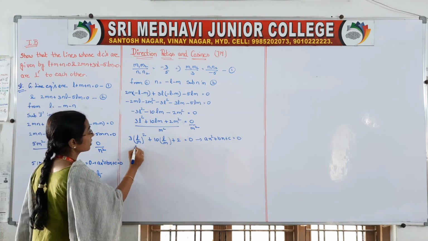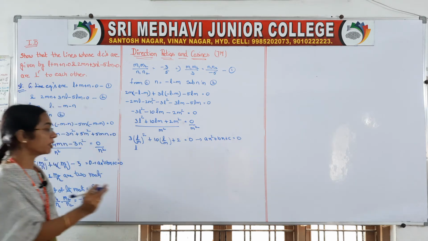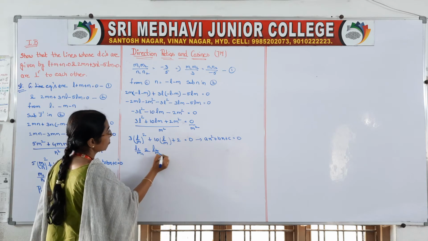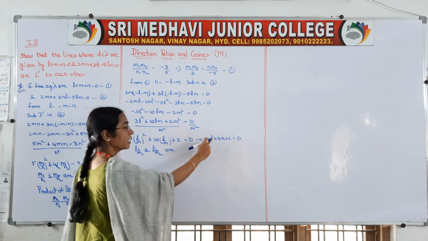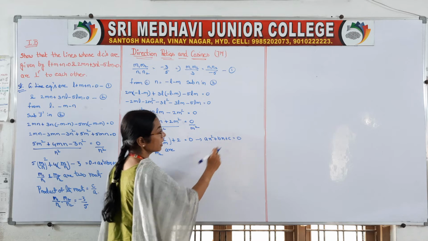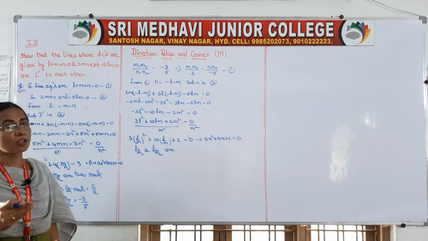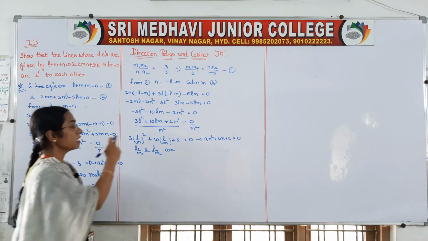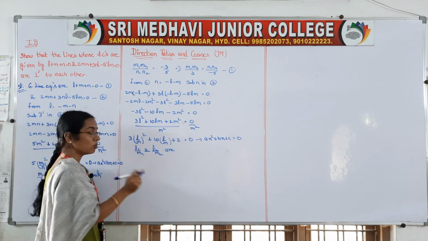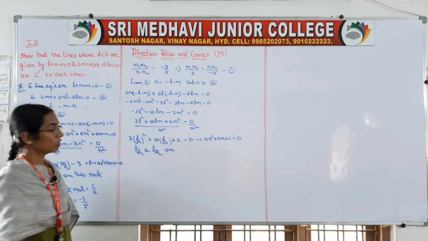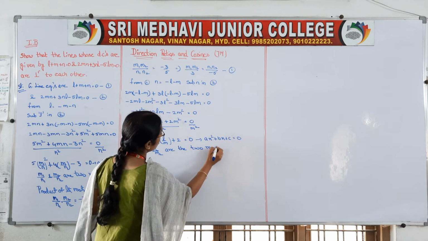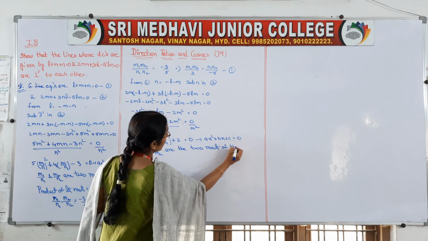So consider the roots. A quadratic equation means two roots will be there. So L1 by M1 and L2 by M2 are the roots. Generally, here we will take x1, x2 as the roots. Suppose the quadratic equation is ax square plus bx plus c. We take x1 and x2 as the roots of the quadratic equation. Here, instead of x, we have L by M. That's why L1 by M1 is one root and L2 by M2 is another root. These are the two roots of the equation.